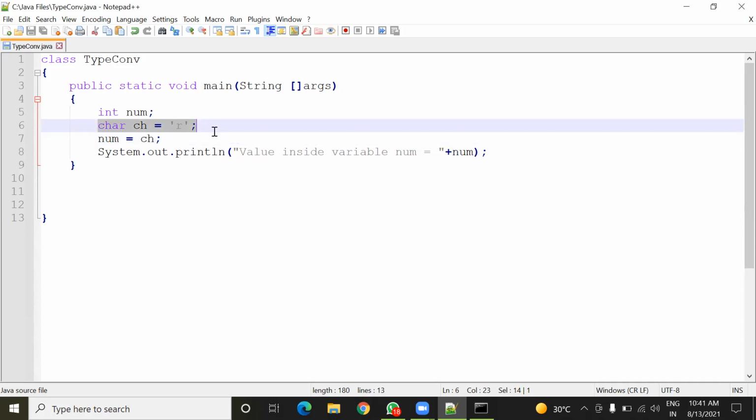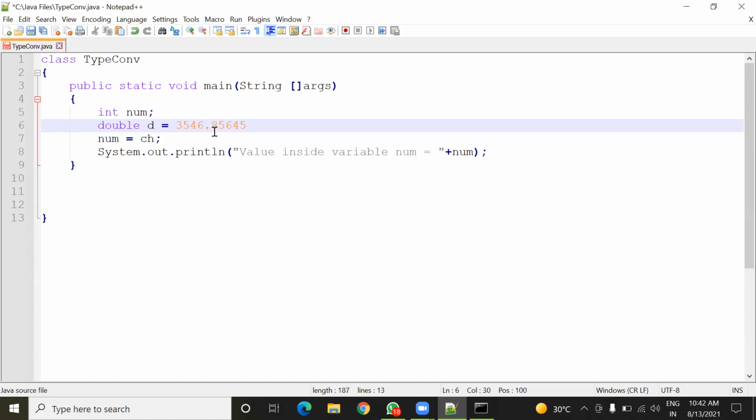Now I'm going to use a double variable. So double supports decimal type values. The name of the variable I'm going to take is D, and inside this D, I'm going to take any random value like this.